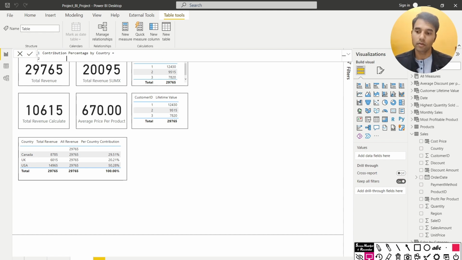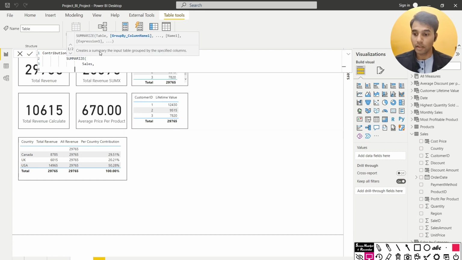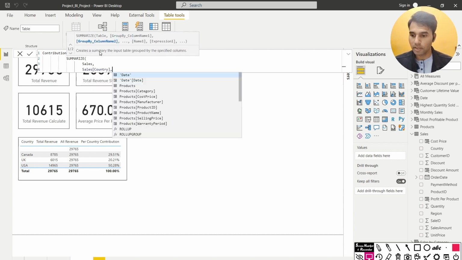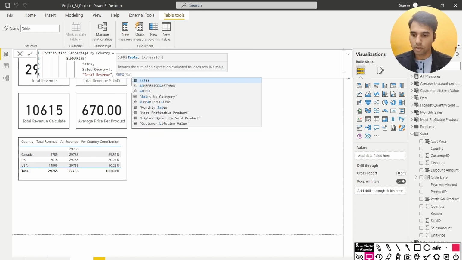So let's break down what all we want while calculating the contribution percentage by country. Well, first of all, I am going to source data from the sales table. The second thing is I am going to group by the sales country. So the group by column is going to be sales country. Now the next thing is going to be the calculation of the total revenue. So the column name is going to be total revenue, and the way I calculate is by using the sumx function, in which the first argument will be sales, the second argument is going to be the sales amount,